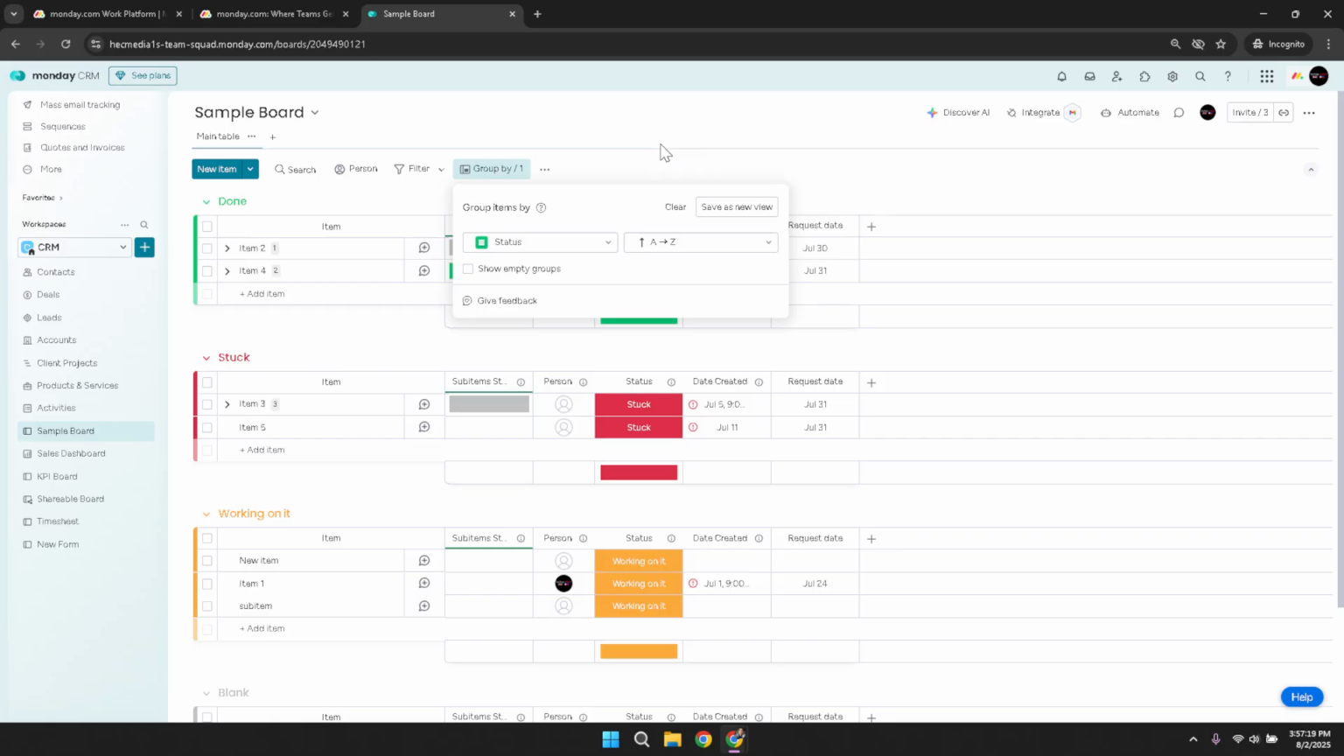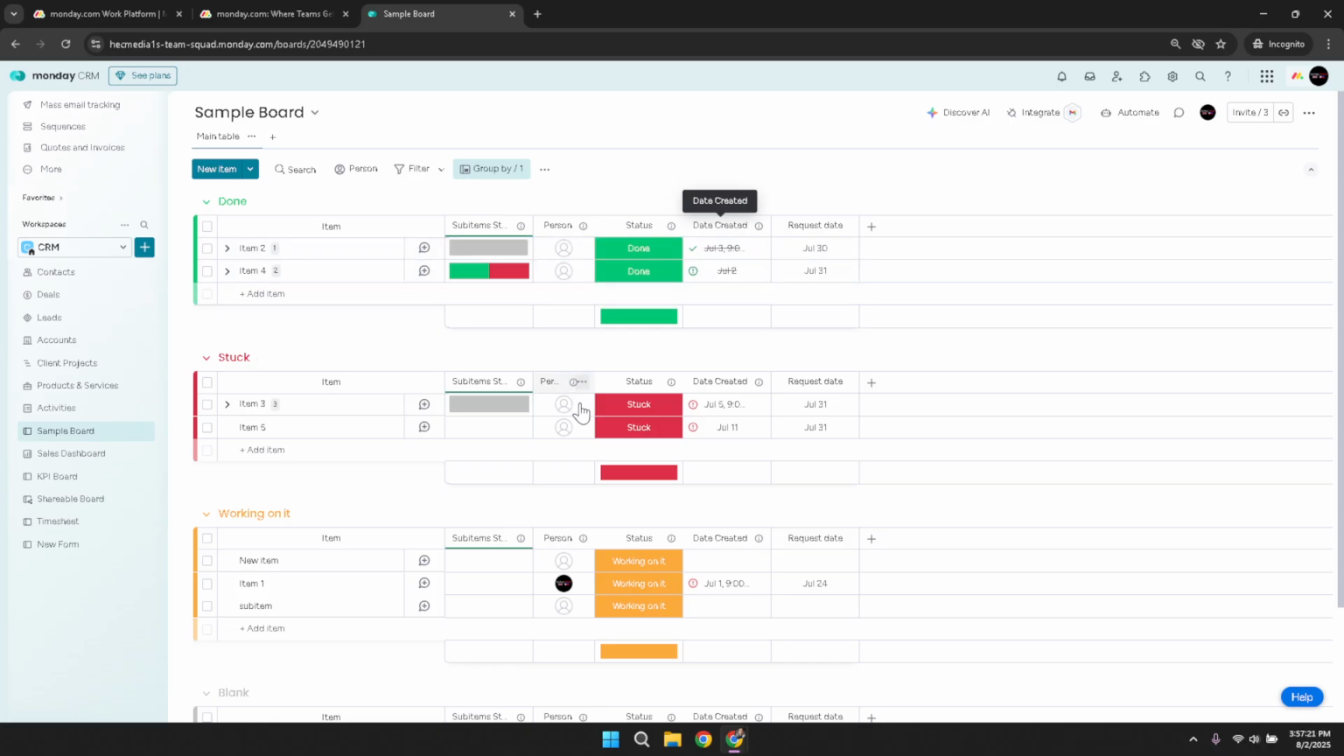And there you have it. You've just grouped your board in Monday.com according to your specific needs. This small yet powerful tool can greatly enhance how you and your team manage and interpret information. By grouping related items together, you can focus on what's most important and ensure you're always on top of your projects. Keep practicing, and soon, this will become a seamless part of your